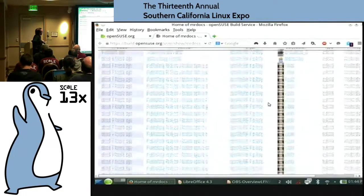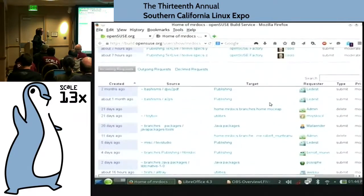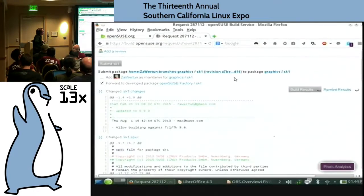This is my incoming requests. You can see these are all different kinds of requests, and these are for project requests. Like, okay, because I maintain graphics, somebody sent me a request, and I can go look at that. If I can slide a little bit. And this is the maintenance tiering model. Certain people get packages,